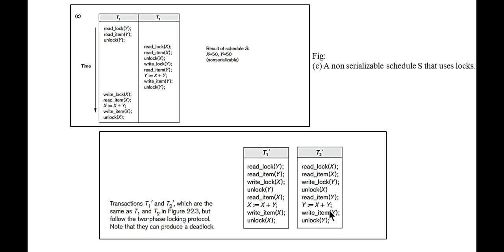So this is a task for you. You just put these T1 prime and T2 prime in place of T1 and T2 and see what are the results of X and Y. Then you'll come to know this will become a serializable schedule. And you know how to check the serializable schedule: you can draw a precedence graph, and if a cycle is there in that precedence graph, then that schedule is not a serializable schedule. You can watch my previous videos to know what is a precedence graph and what is a serializable schedule.